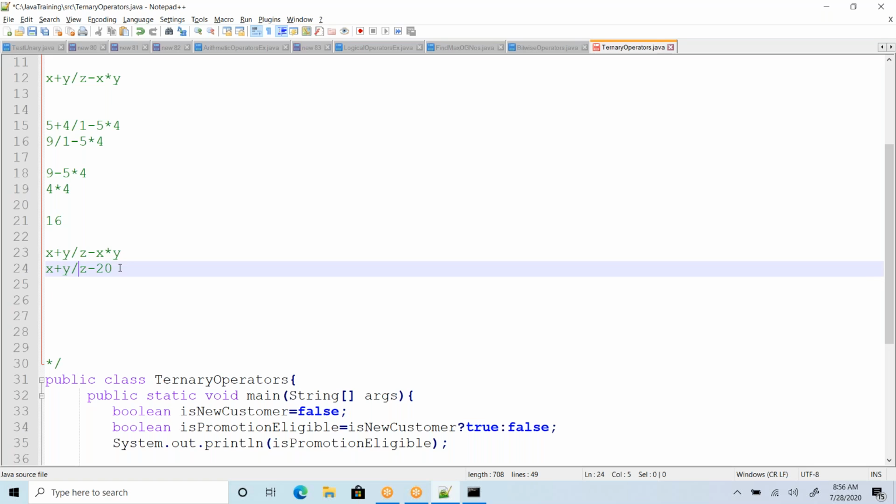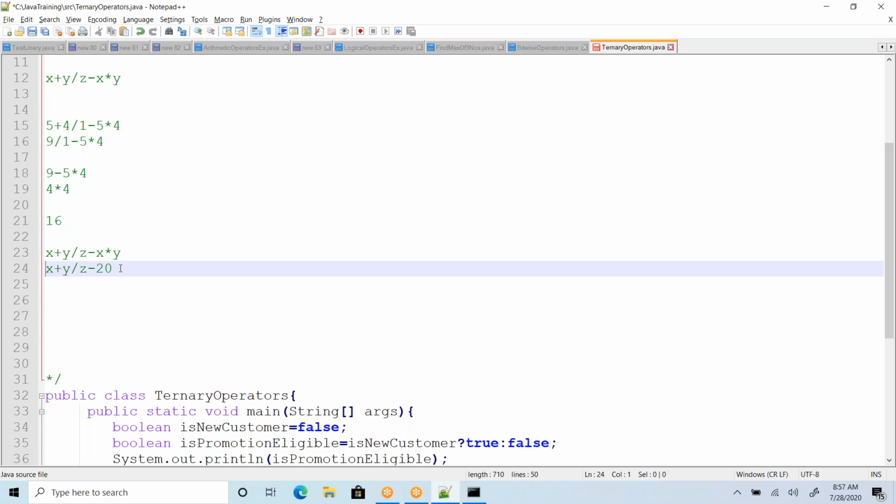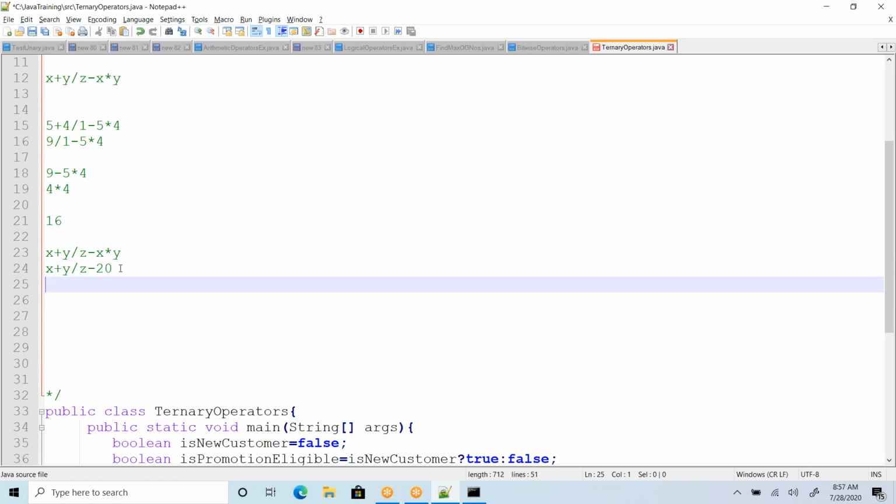So you should know the priorities. I will share the operator precedence chart with you, so you follow that and calculate this. Is plus a higher priority or is division? Okay, plus is higher priority.